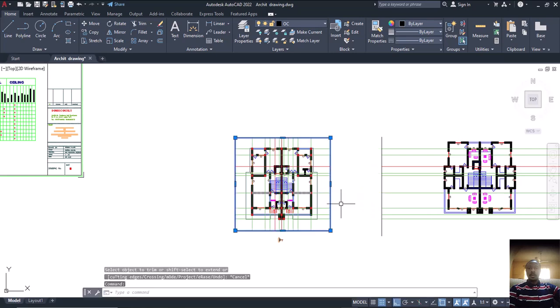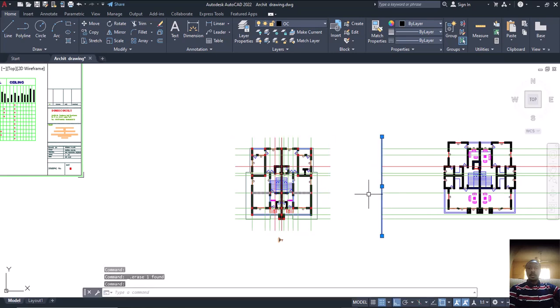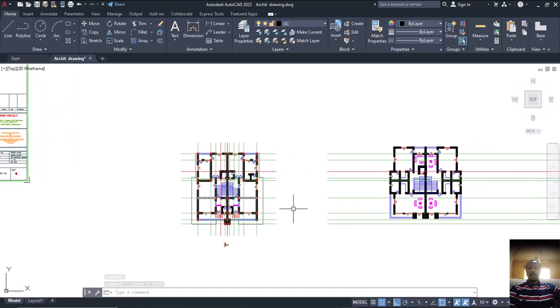So now click on this one, delete. You can also click on this one, delete. You can see I can trace this line easily, isn't it? This one easily like this, and all of that. Is that okay? All right. So now,